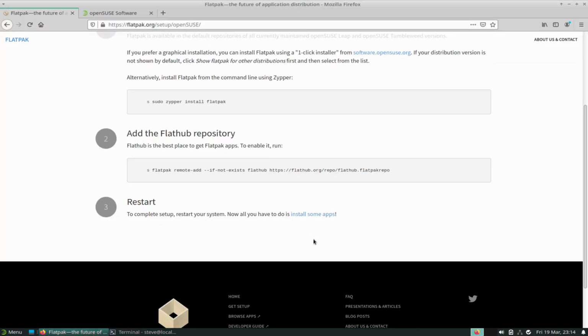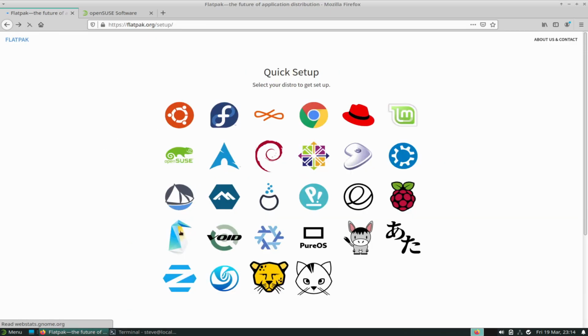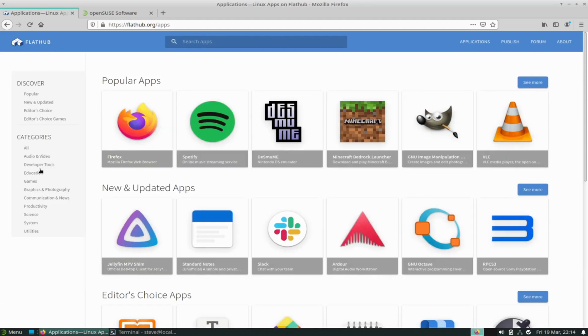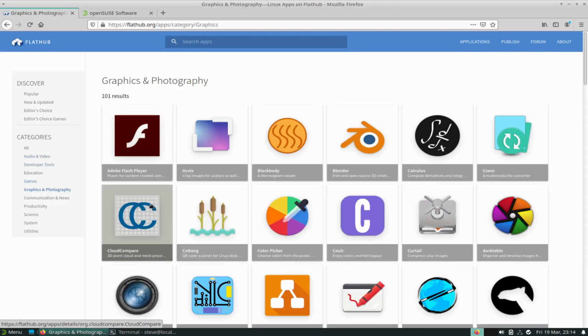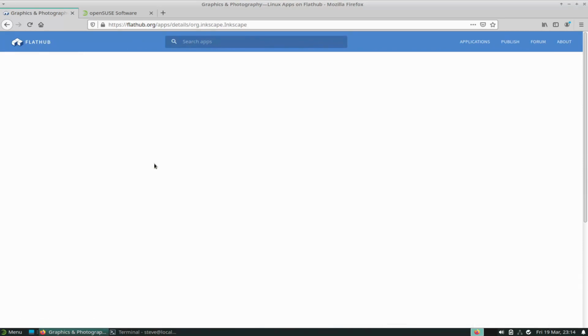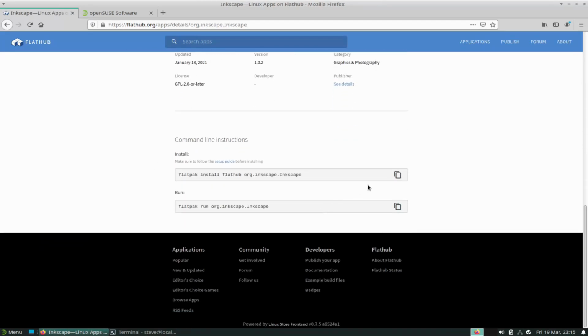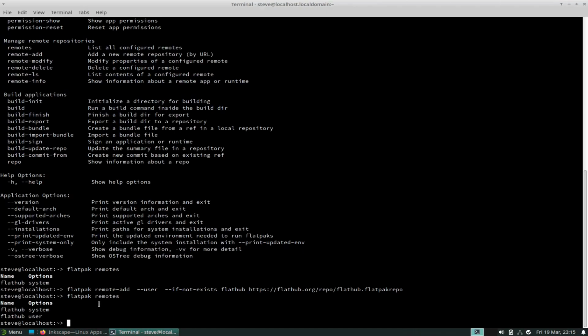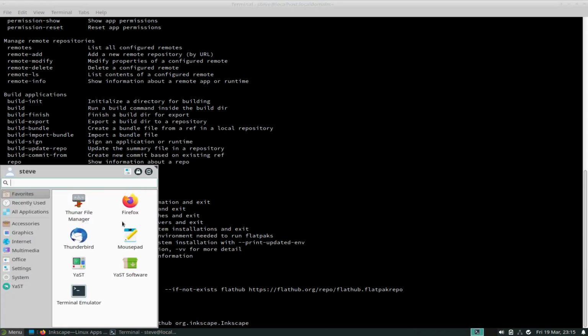So now we install an app. Back, browse apps, graphics and photography, Inkscape. So and now we copy this. And I make here the option --user. So but before, we go to our home folder,